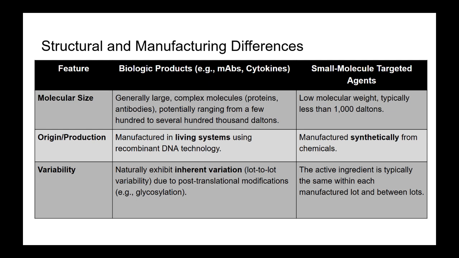And this means that minor differences in the structure, maybe in the end glycosylation chain, can happen from batch to batch. So, using your building analogy, the basic structure of the antibody building is identical, but maybe the paint job or the trim details might vary subtly because it was built by a living assembly line, not just stamped out by a machine. That's a perfect way to put it. And this is why biosimilar manufacturers have such a high bar. They have to rigorously demonstrate that the patterns of these structural variations are highly similar to the original reference product. It's a concept completely foreign to small molecule generics.